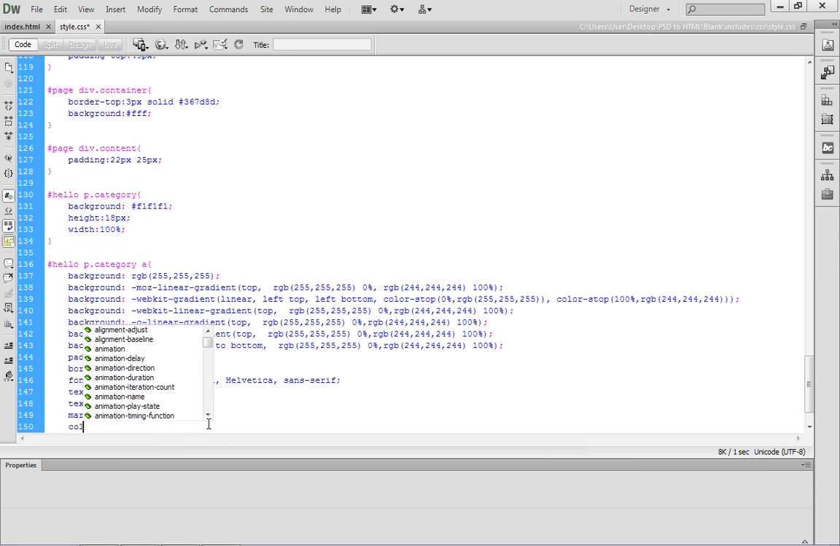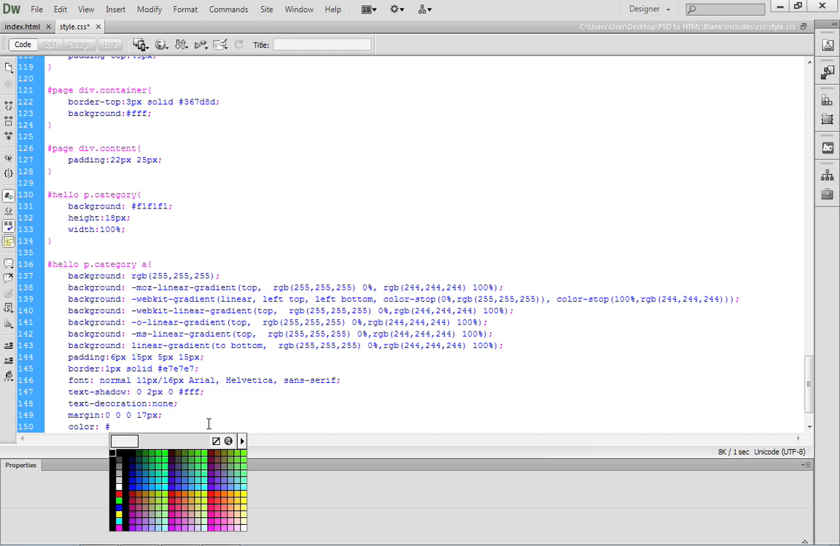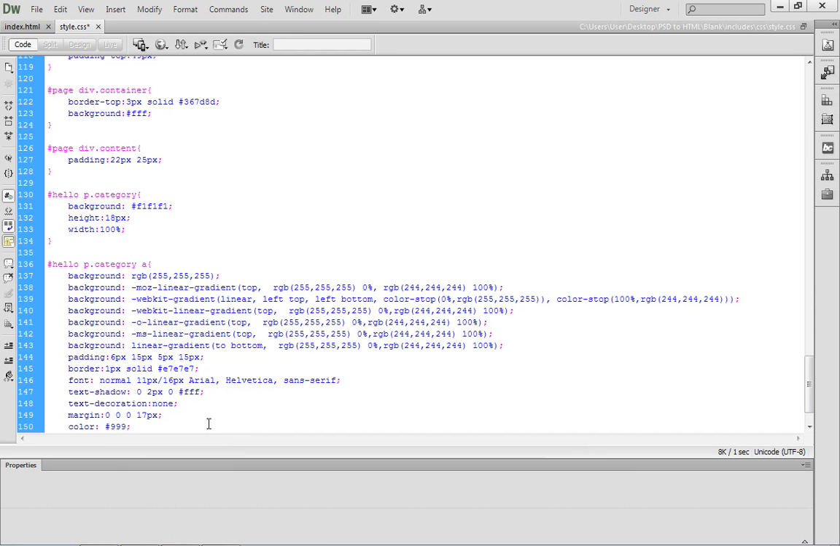And then we want a color. And the color, again, this will be essentially the text color. It's going to be 999. So again, a darker gray color. So the only other thing that we need to really do is maybe consider adding a hover state to this,